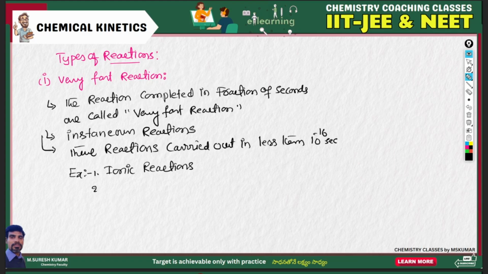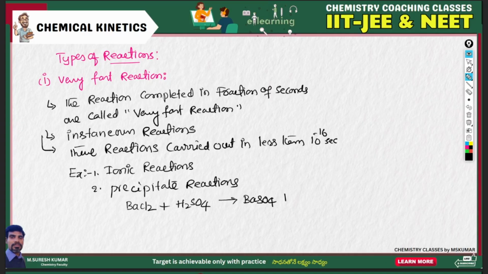Okay, next, precipitate reactions. These are also examples of very fast reactions. For example, barium chloride BaCl2 treated with sulfuric acid gives rise to